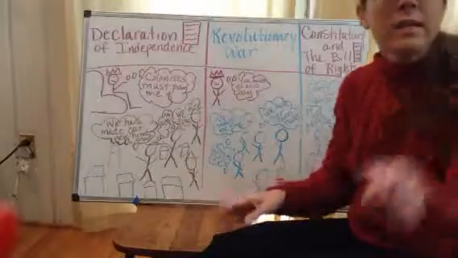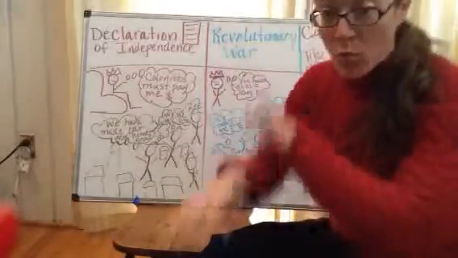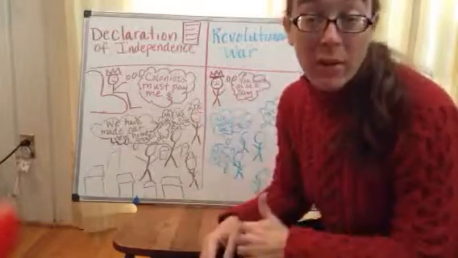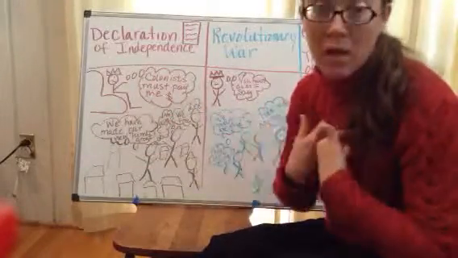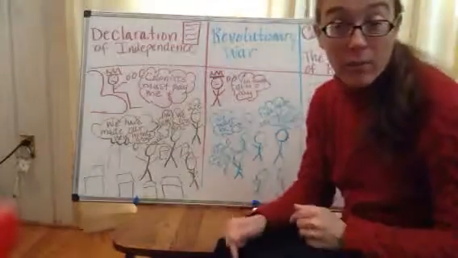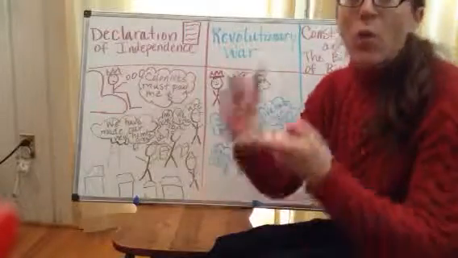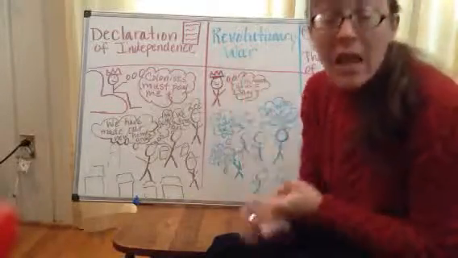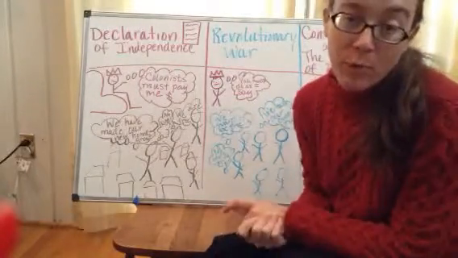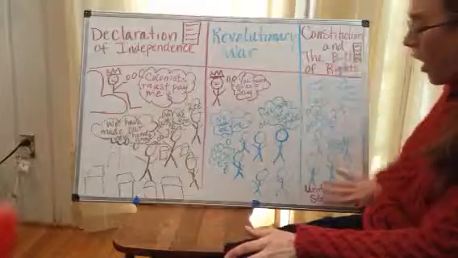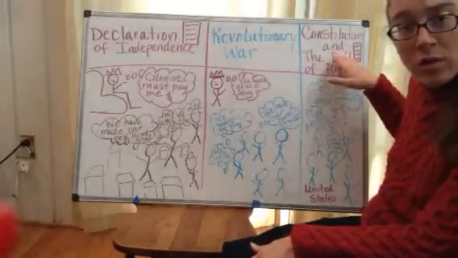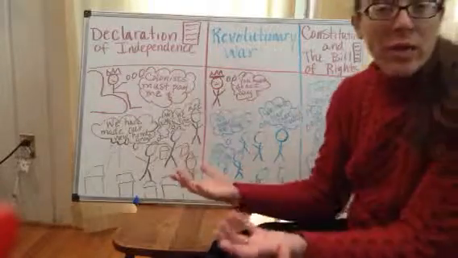And in the Constitution, they said, we don't have a king. We're never going to have a king again. And what we want instead is we want a representative government. That means we, the people of the United States of America, elect their own government. We elect our own people. We elect our president, we elect Congress, and we elect our judges to rule in the courts, particularly in the Supreme Court. So all of the people in the United States created the Constitution through representatives from each of the